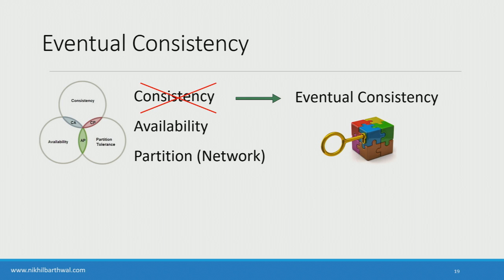So I have my distributed system running across multiple regions, and if I know that my data will be consistent over a period of time, and this period of time typically could be a few seconds or a few minutes, so we are not talking about hours or days. That's usually okay, because imagine if I'm placing an order on the East Coast in New York, and it takes about a few seconds for my order to get updated on the West Coast data center. What's the probability of somebody logging in using my credentials on the West Coast within the next 5 seconds? Almost zero. And if it does, it probably means my account is hacked, in which case I would not be worried about consistency in the first place. I'd be worried about security.